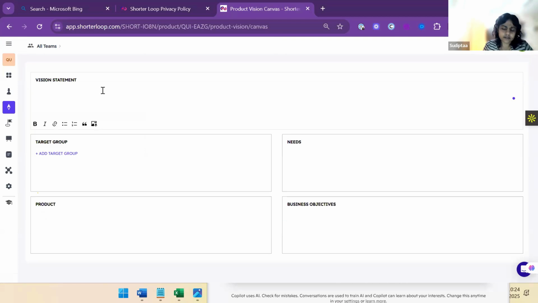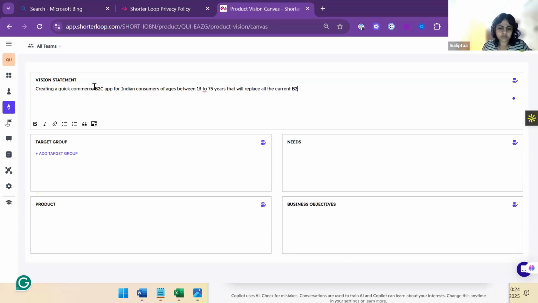So now let's say I am creating a quick commerce B2C app for Indian consumers of ages between 14 to 75 years that will replace all the current B2C e-commerce apps like Blinkit, and let's say Flipkart Minutes, right?